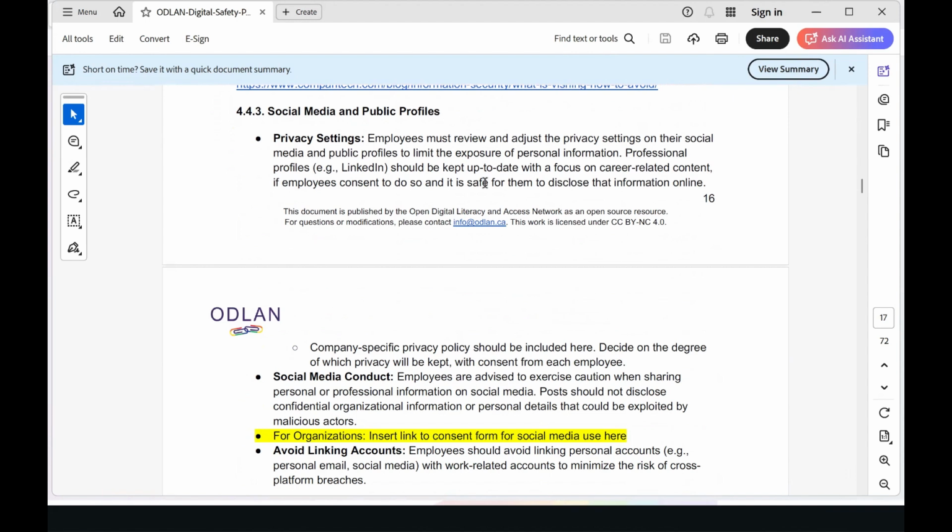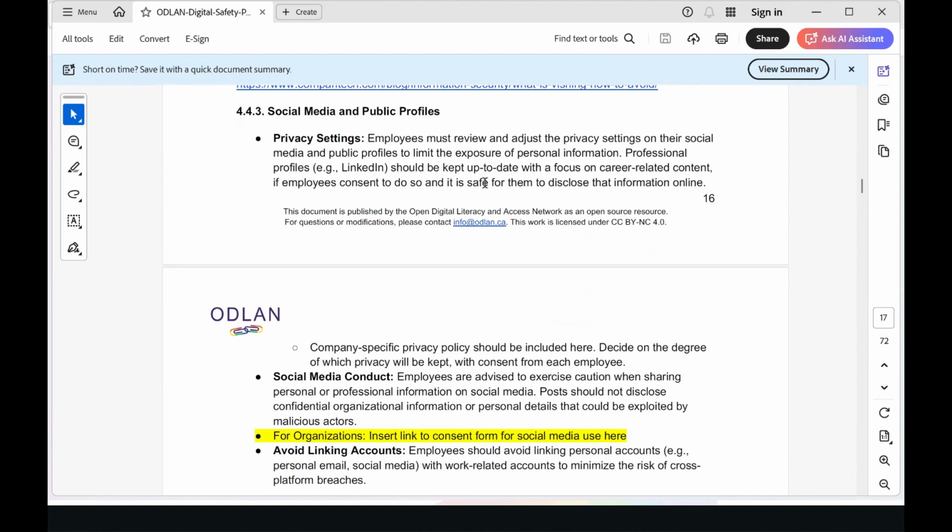The next section here is quite significant. This is the second of 3 sections. So social media and public profiles, this is a huge element of risk for most organizations due to the fact that it is the largest part of your digital footprint online as an organization and as individuals. So we need to ensure that all privacy settings are up to date. We're looking at all of your existing professional profiles on all the platforms that you're using and ensure that there are no